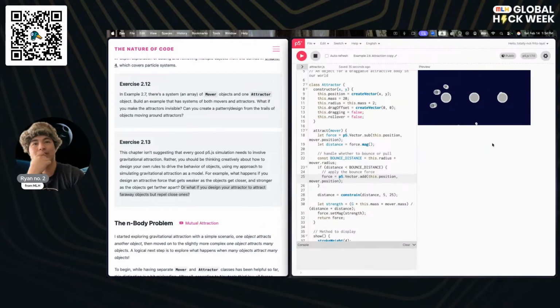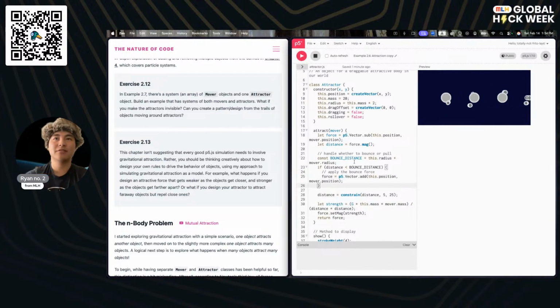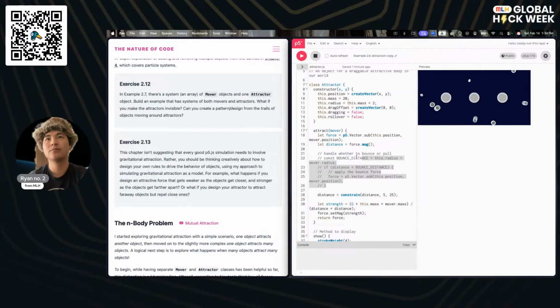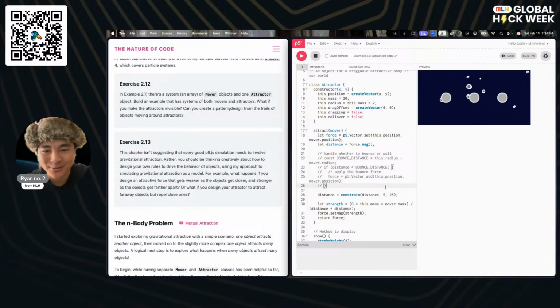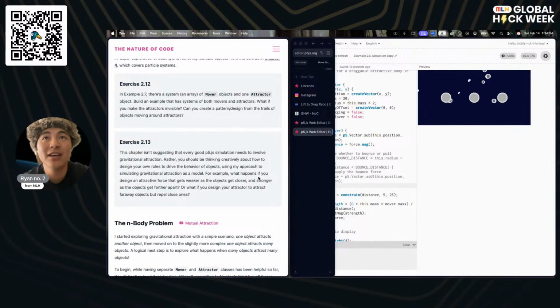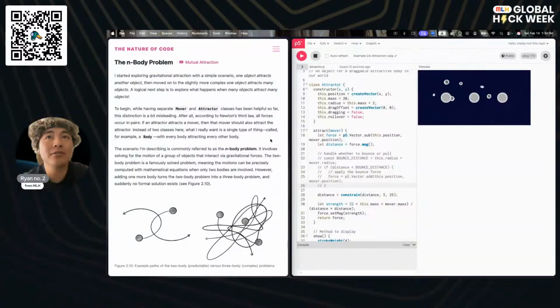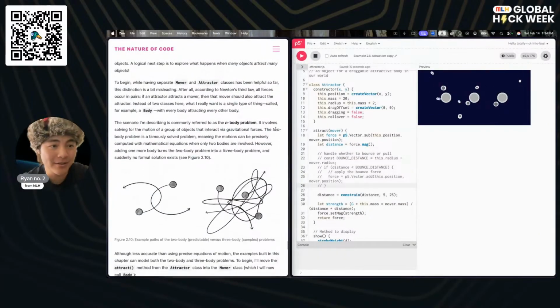Hmm. I'm not really proud of that, so I'm just going to hide this. I know I'm going to be sharing this with you all anyway. So I'm going to hide this and leave it as an exercise to the reader, if they want to play around with this to make it so that it actually properly bounces off of the surface. For the purposes of getting through the rest of the really cool parts in this chapter, I'm going to move on.